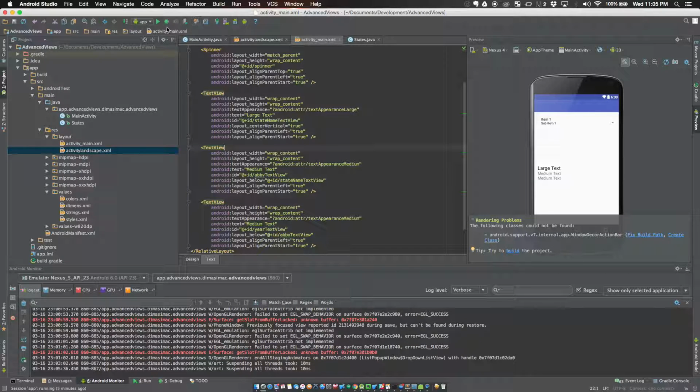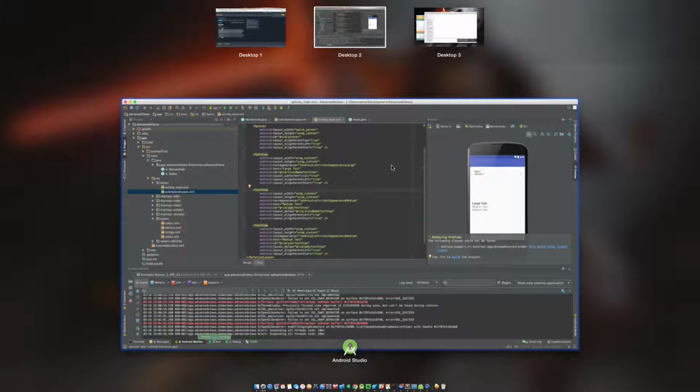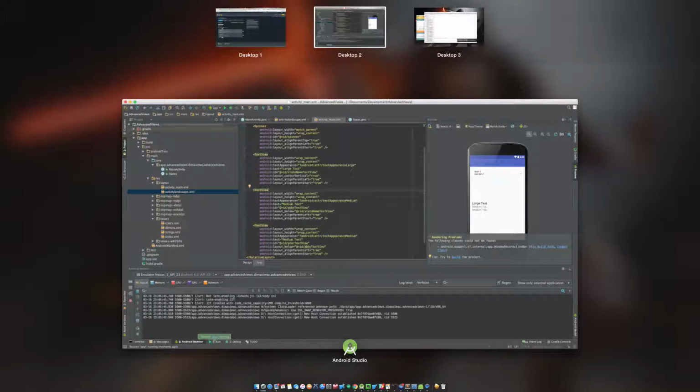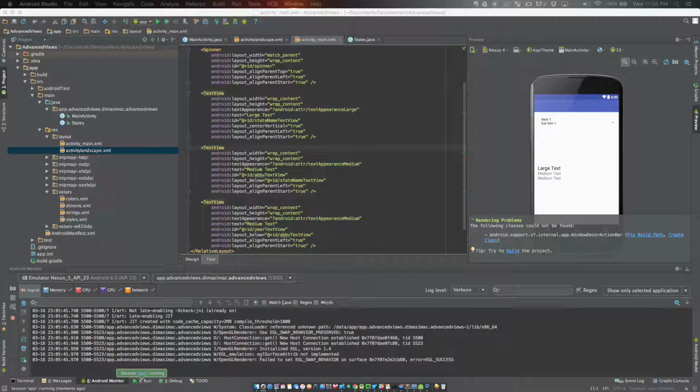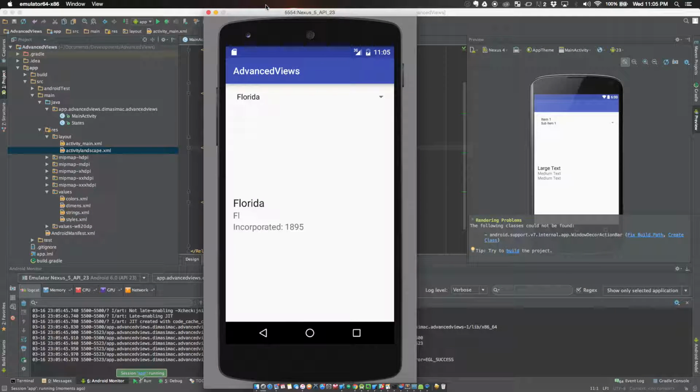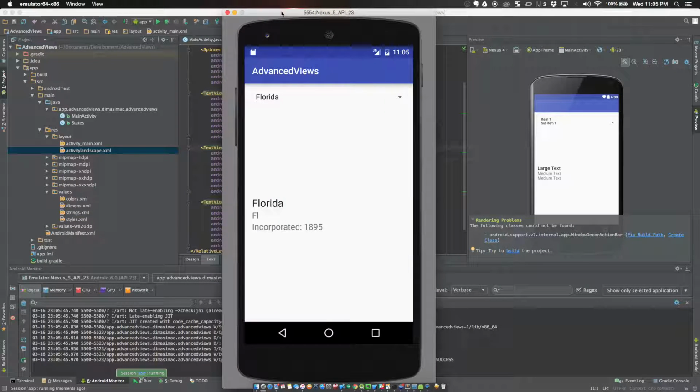So I'm going to go ahead and run the project. I'll move this simulator over here. Alright, so I'm going to do a quick run through of the actual emulator, and then I'll jump into the